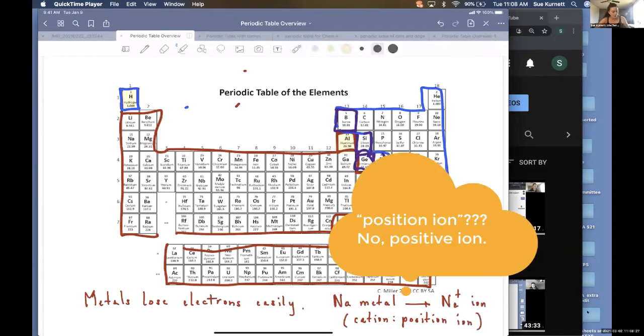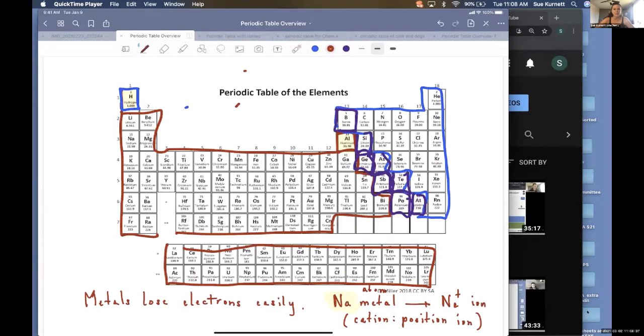Okay, so a sodium atom becomes a sodium ion. What's the difference? The difference is in the number of electrons. So last week we looked at how do you know it's sodium? Because I find it on the periodic table. Oh, it's element number 11. It has 11 protons. Having 11 protons makes it sodium,